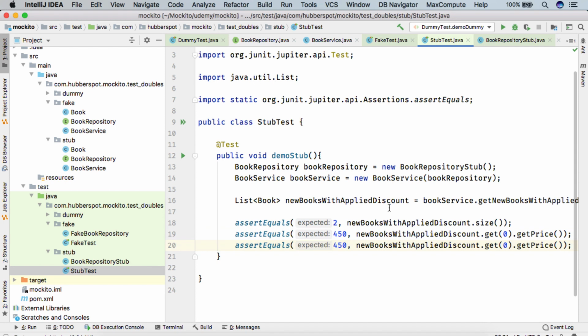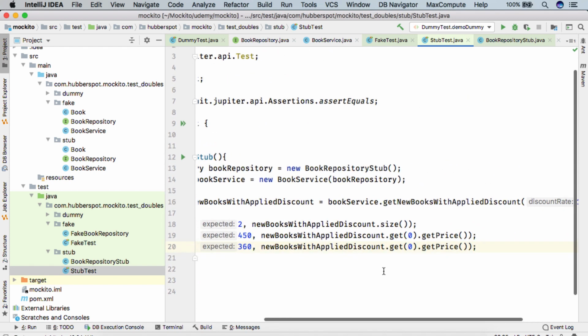And similarly the second book cost 400. So if we do the 10% of 400, we get 40. And when we do 400 minus 40, we get 360. So 360 would be the new price after applying the 10% discount. So we'll do get one dot get price.